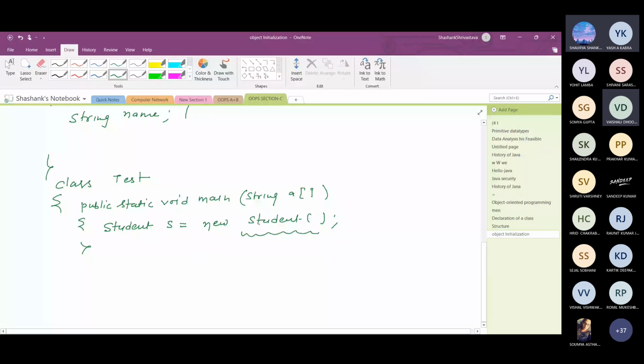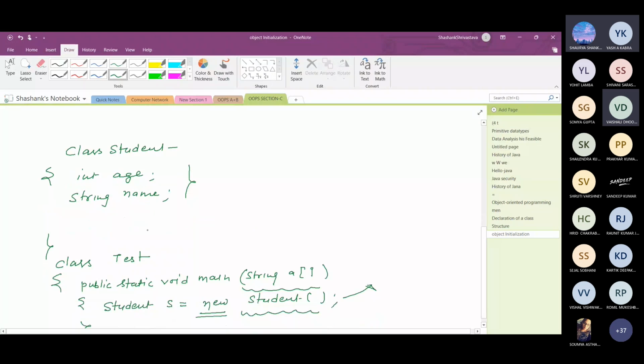You can see that this is a constructor call. What is the significance of the new keyword? The new keyword is used to create dynamic memory in the heap area. Now the question is where this constructor is actually written. If this is a constructor, there should be some definition of it, but in this program no constructor is written by the programmer.